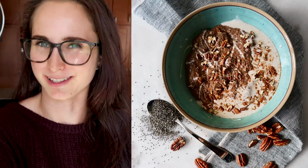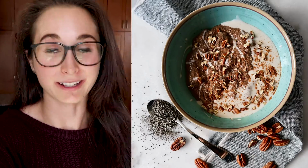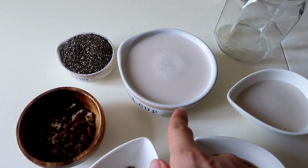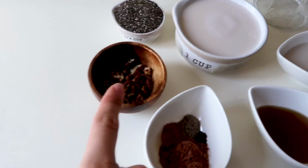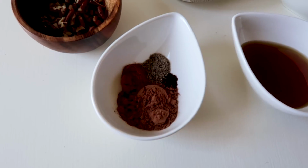And that's it. This next recipe is one of my go-to fall recipes, go-to anytime recipes because I love it and it's amazing. It is a chocolate chai chia pudding. For this recipe, you will need a 1/4 cup of chia seeds, 1 cup of almond milk or any other plant milk of your choosing, 2 tablespoons of chopped up pecans, and then we have our chocolate chai spice, which